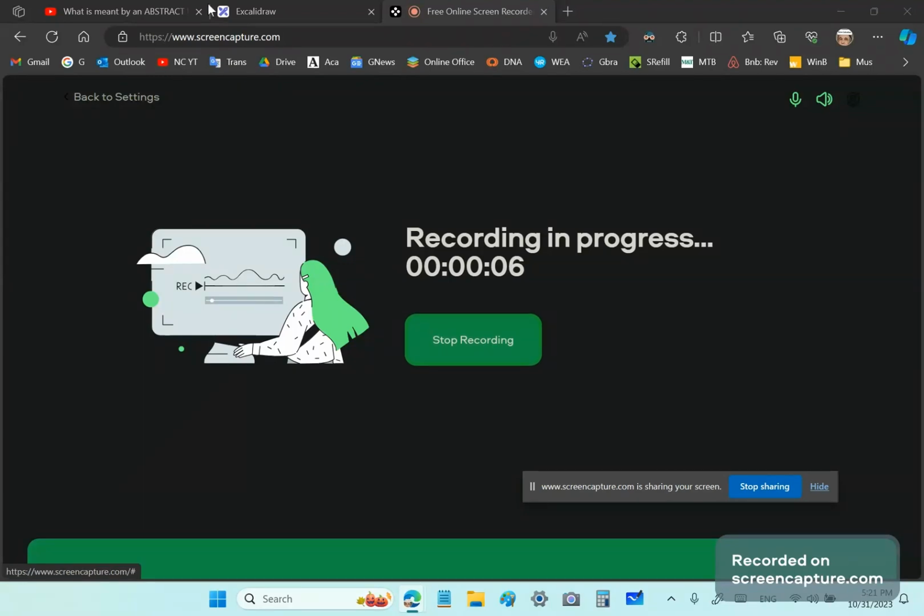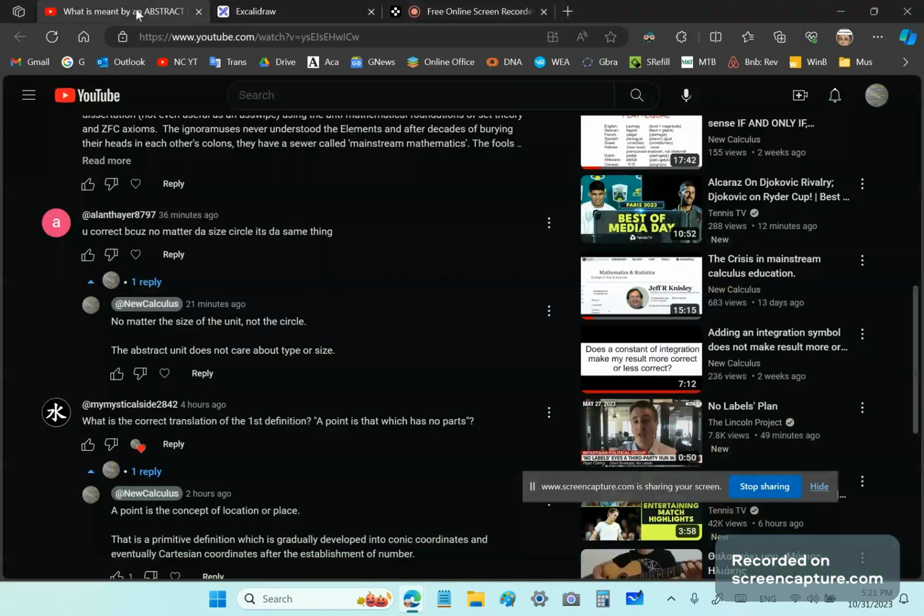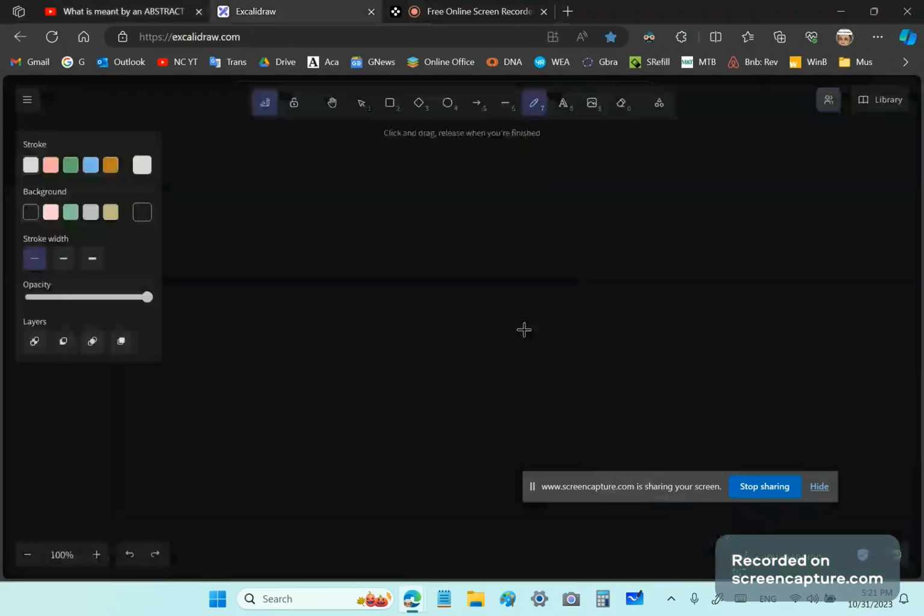So, what I'd like to do now is just address very quickly a question or something that keeps coming up. There's a comment here saying you're correct because no matter the size of the circle, it's the same thing. Actually, that's true in the sense that the circle has the property. Okay, so any circle